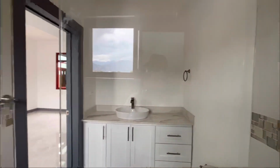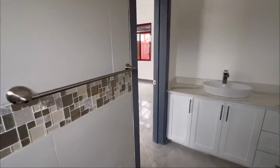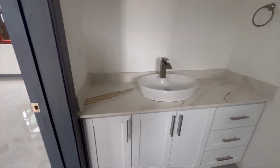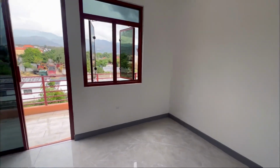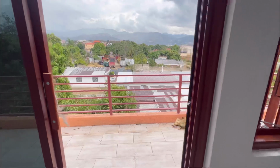That's really important. So, stunning bathroom. Let's head on out back into the room and look at the balcony. As I said, this room also has a nice balcony access, which is great. We love that. Out here, we'll just step on out to our balcony, and as you can see, you